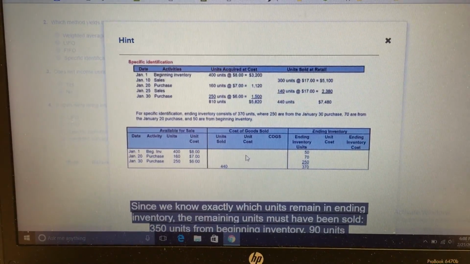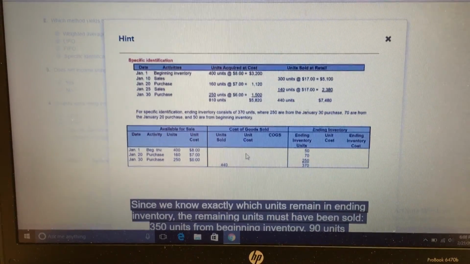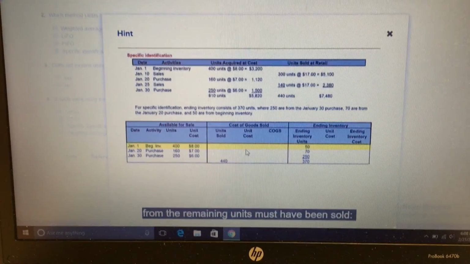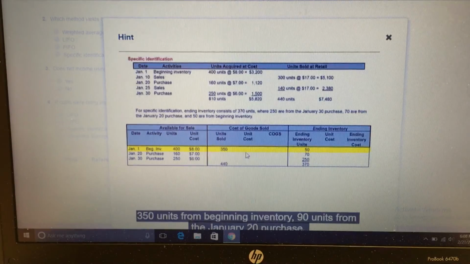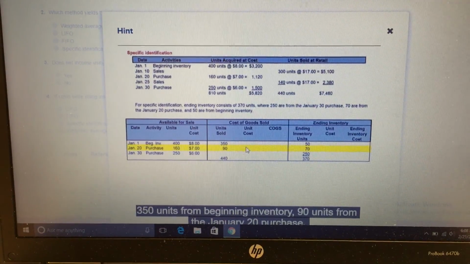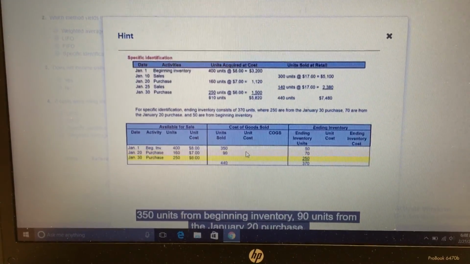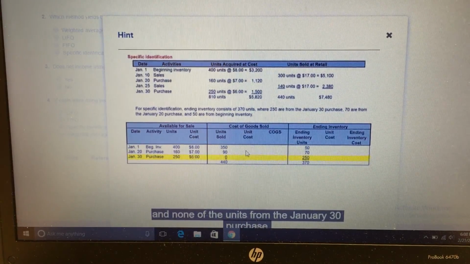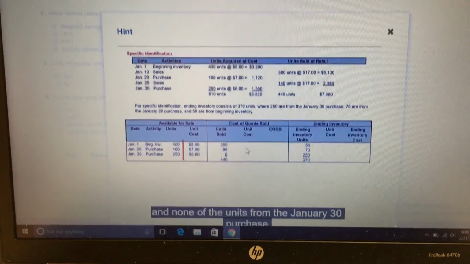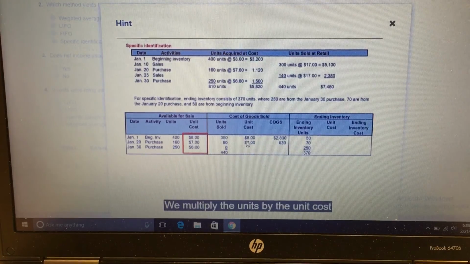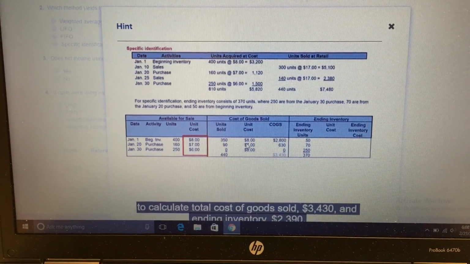Since we know exactly which units remain in ending inventory, the remaining units must have been sold. 350 units from beginning inventory, 90 units from the January 20th purchase, and none of the units from the January 30th purchase. We multiply the units by the unit cost to calculate total cost of goods sold,